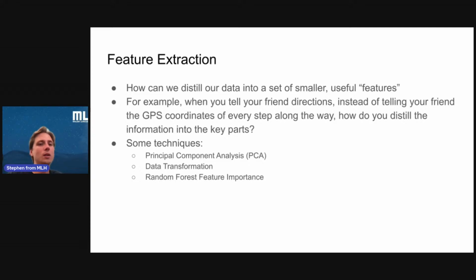And some key techniques you can use for feature extraction include principal component analysis, which is where you break down some higher dimensional data into a series of components that have most of the variance in the data set. It's a sort of linear algorithm. You can use it on any high dimensional data. And then we have data transformation,